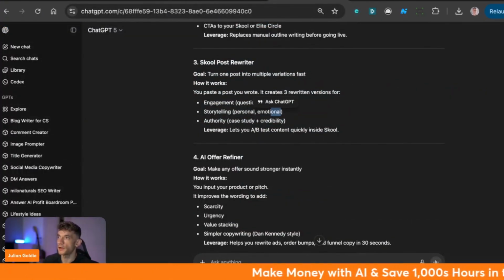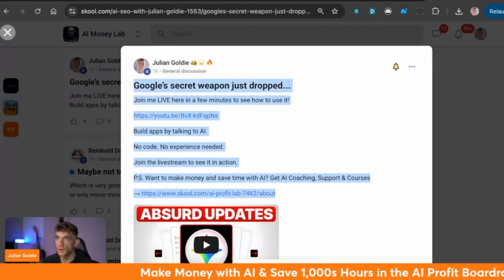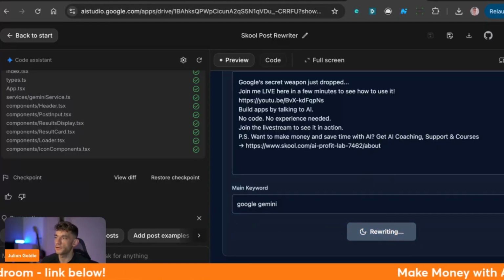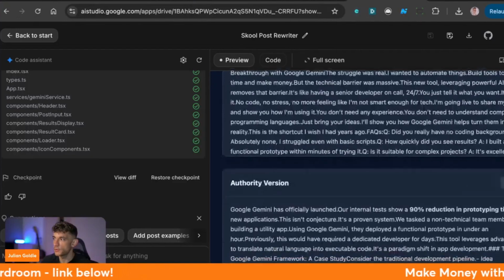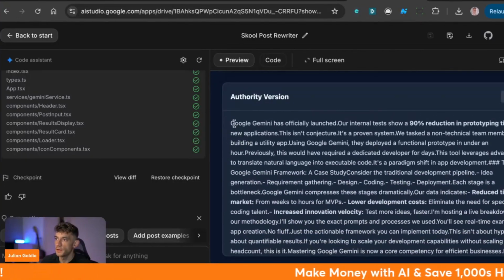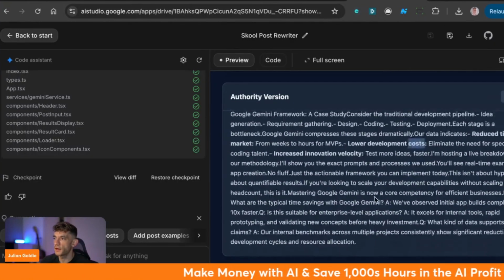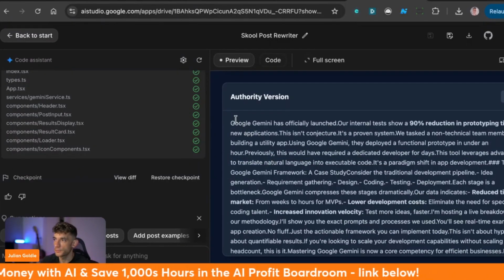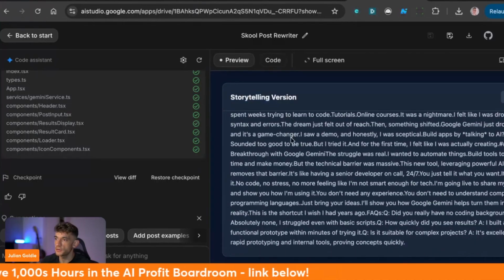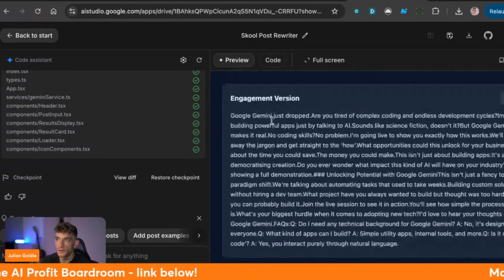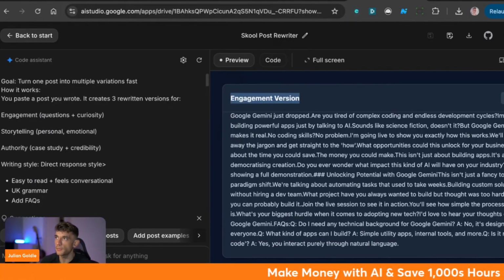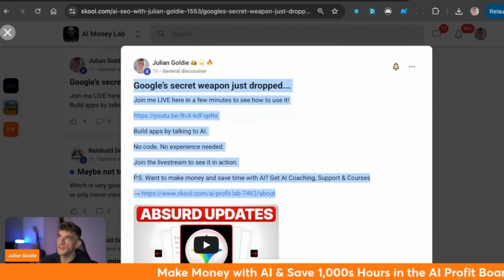So now we're going to paste in that content from school, and we'll see if this can rewrite the post that we've generated. Don't know why it's focusing on the keyword, probably because I messed up the prompt, but we'll get some ideas on that now. And there we go. We've got some rewritten examples, right? Again, I will try and get this to format nicer because the formatting is not good. The actual content itself is decent. And then it's got a storytelling version for the post, an authority version. Again, I would probably tweak this a lot compared to what we've already got, but you get the point. You see how it works. So just to recap here, peeps,